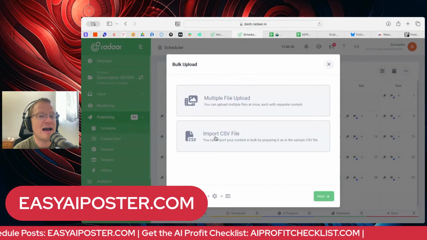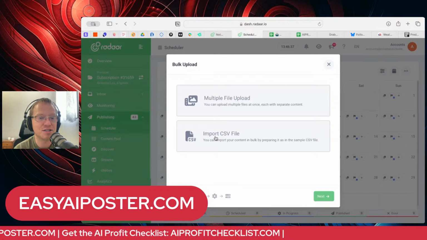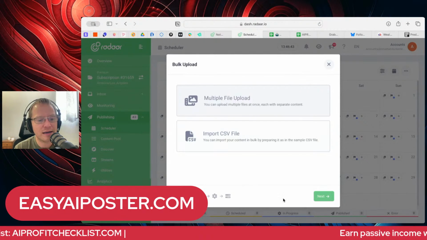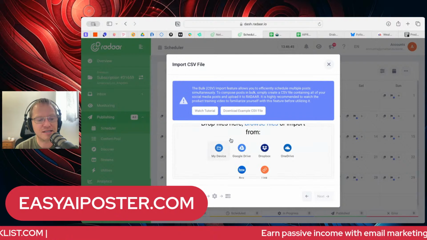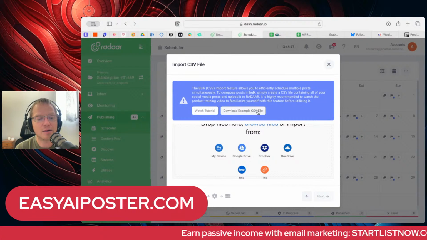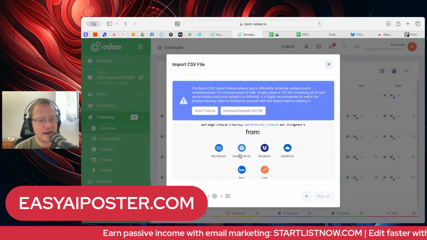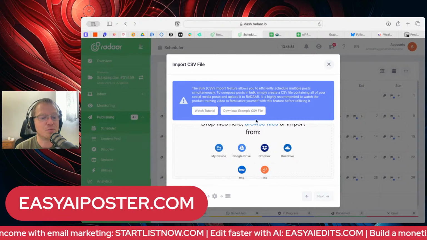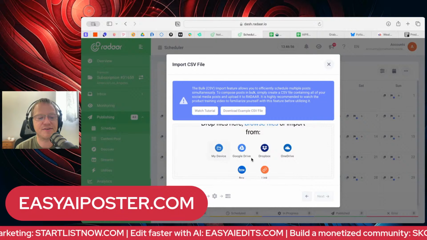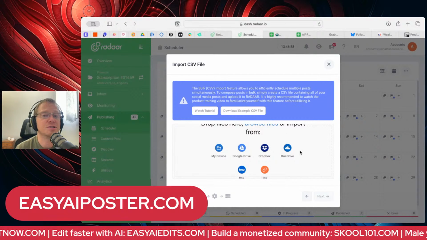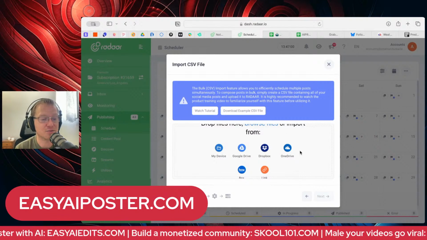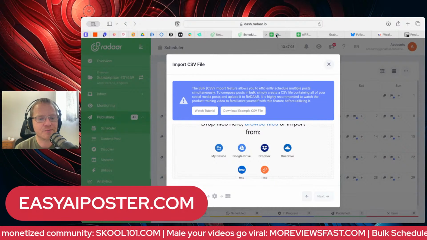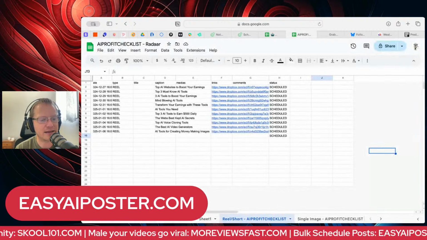And what I do is I actually just put it into Sheets, and I operate the whole thing there. It just makes it easy, and I can access it from anywhere. So if you do this, you click import CSV, and you hit download example CSV, and that would download here. Then when that's done, you would just drop that CSV in here, and it would just start uploading everything. It's so cool. So what that's going to give you is something like this.